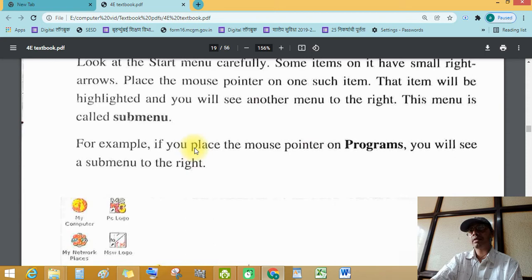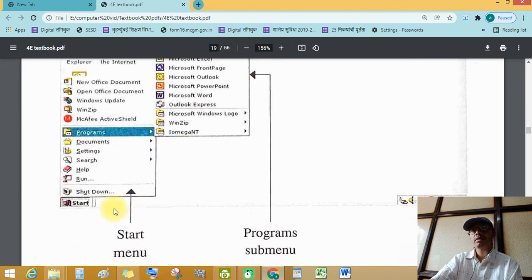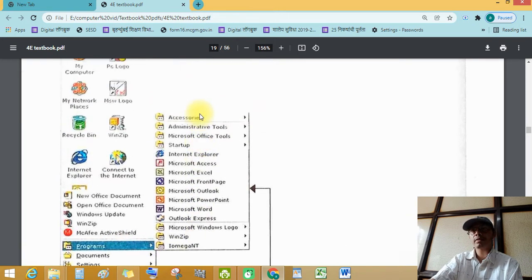For example, place the mouse pointer on programs, you will see a submenu. See this, students. See this. When you click the left mouse button on start, see this menu will appear on your screen. When you place the mouse pointer on an item, you will see this submenu.